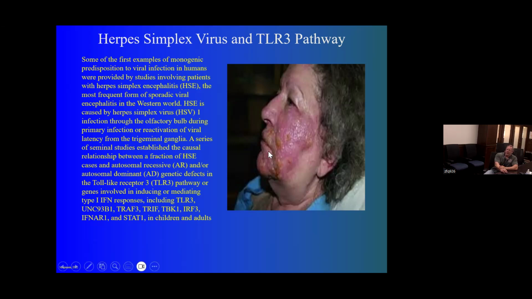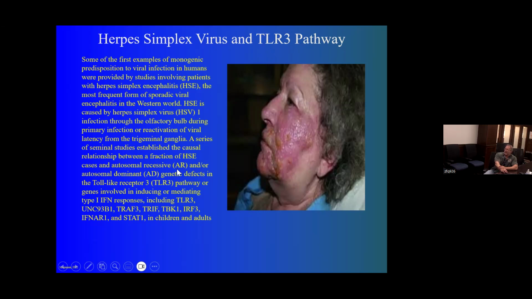So in a normal person with a normal TLR3 pathway who is infected with herpes, you would generally see the formation of cold sores just here on the mouth, and that's it. In this poor woman's case, however, she has a deficiency in her TLR3 pathway. And when researchers did some studies to examine what this deficiency was, what they saw was